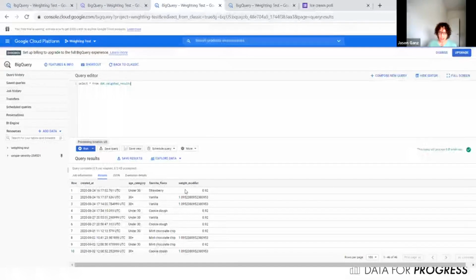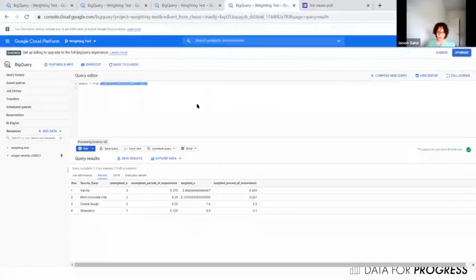So the good news here is this column, our weight modifier, represents how different we think the person is from the actual, if we were to have a one-to-one match. If we had exactly hit our sample population targets, then the weight modifier for everyone would be 1. But it looks like we have had slightly more people that are under 30 than over 30. So we're weighting the people that are under 30 down a little bit to say, okay, in a representative world, there would be slightly fewer people that looked like you and slightly more people in the over 30